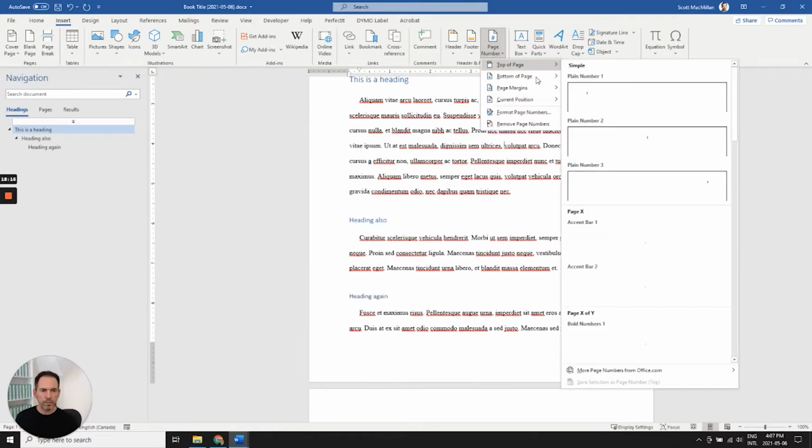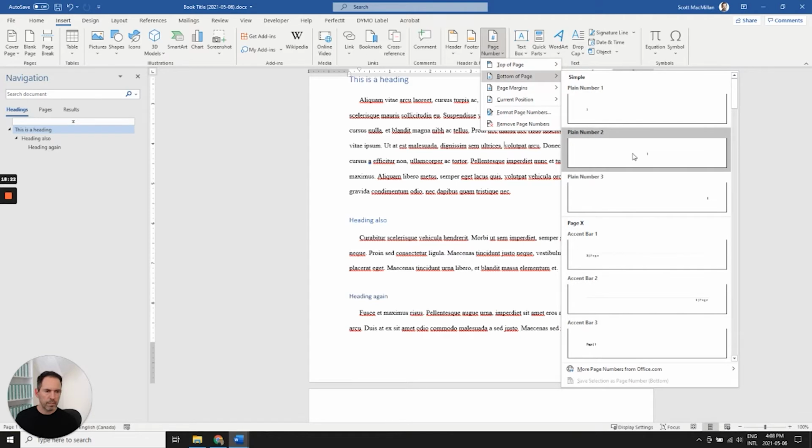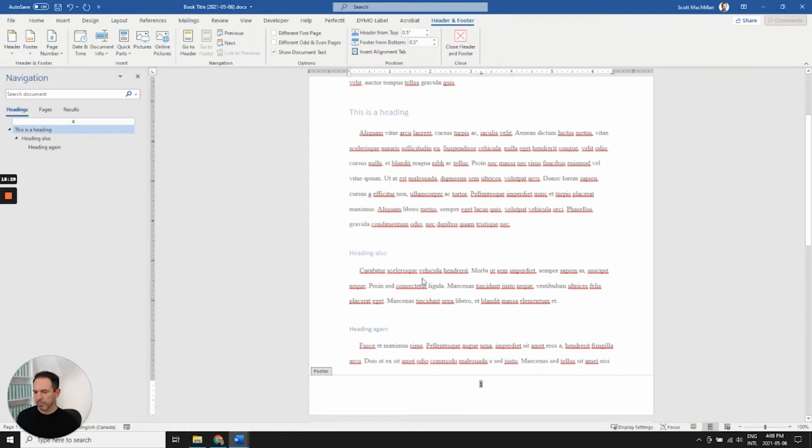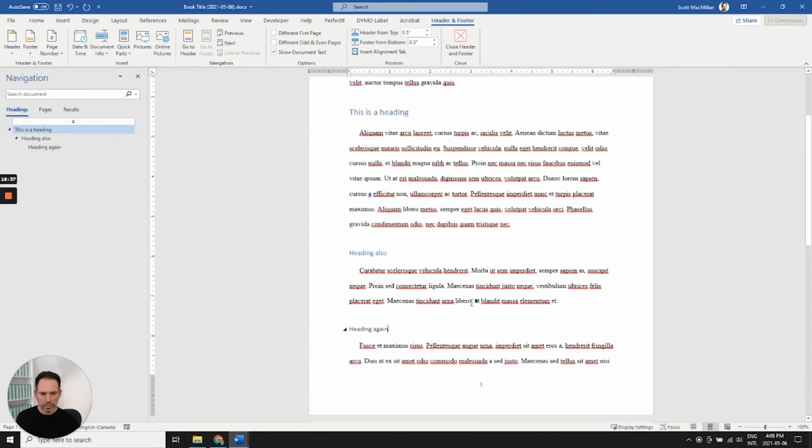Put it at the bottom of the page. And I like to use plain number 2. It doesn't really matter that much, but plain number 2 puts it right in the middle, which I like. So you can see that's in the footer, and then we just double click to get back into the body